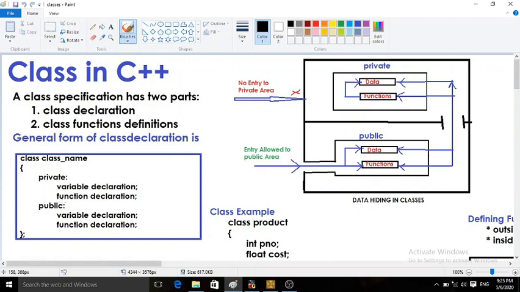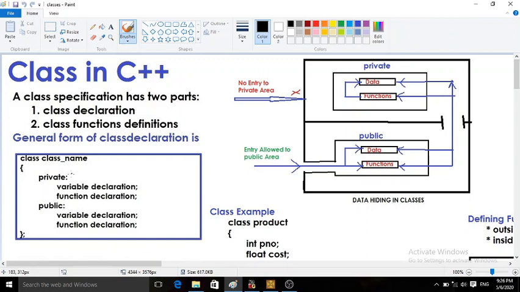What is message passing, what is wrapping up of data and functions under a single unit, which is encapsulation, and the data abstract type, everything in detail we have seen in the last lecture on basic concepts of object-oriented programming. If required, I am providing the link for that lecture in the description box. So again I am coming to the data hiding feature. Data hiding is the most striking feature in object-oriented programming, so that the data will remain secure from the rest of the program.